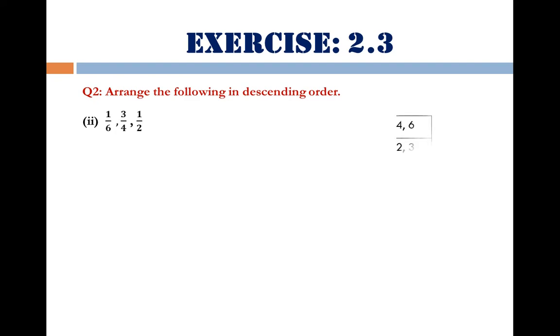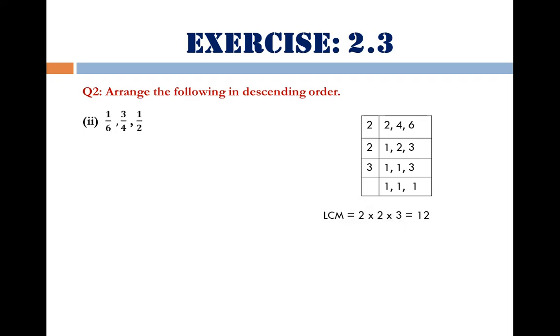Dear students, how to start the solution? We are to first calculate the LCM of the denominators, that is number 2, number 4 and number 6. The process is explained on the right hand side, prime factorization method. We start from number 2, 2 1s are 2, then 2 2s are 4 and 2 3s are 6. Again from prime number 2, 1 remains same, 2 1s are 2 and 3 remains same. Now by number 3 we have 3 1s are 3. That makes our prime factorization complete. So our LCM becomes 2 multiplied by 2 multiplied by 3, that is equal to 12.